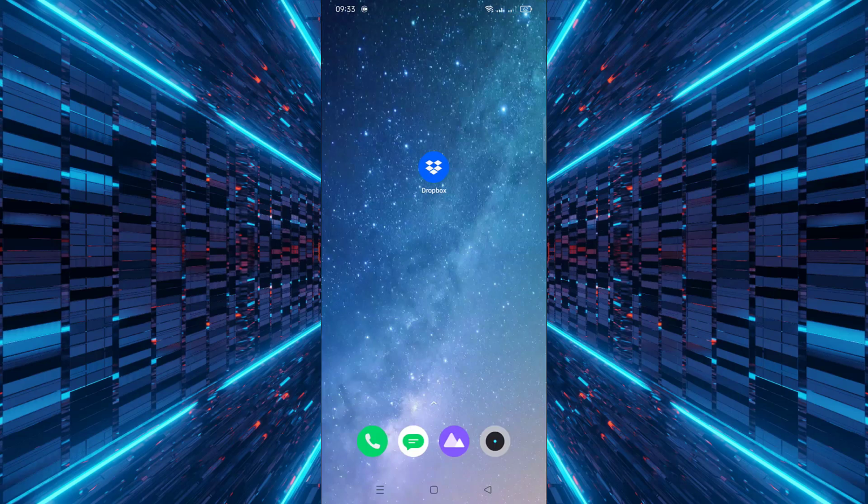In this video, we're going to show you how to manage and customize your notifications in the Dropbox mobile app. If you're tired of constant alerts or just want to control what you get notified about, this guide will help